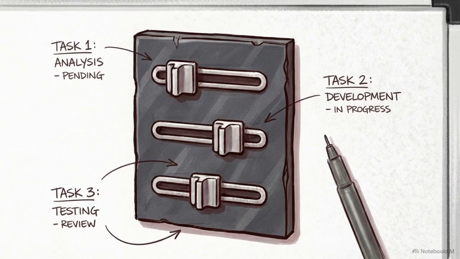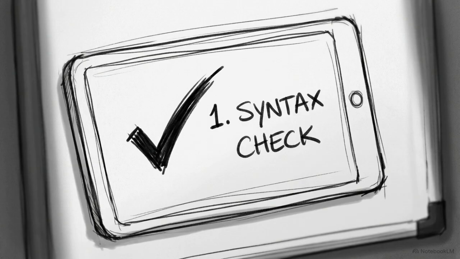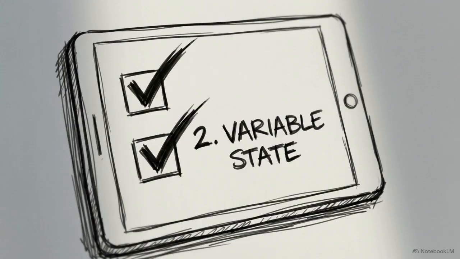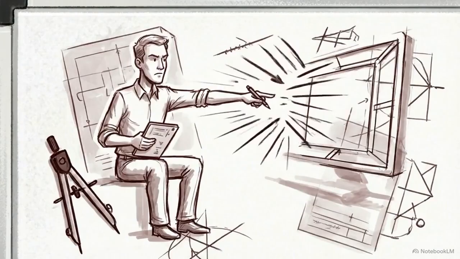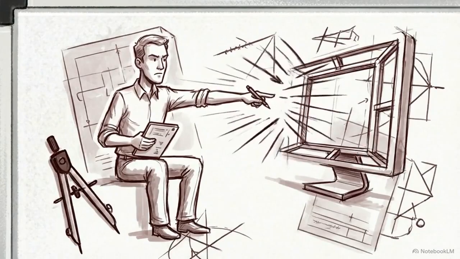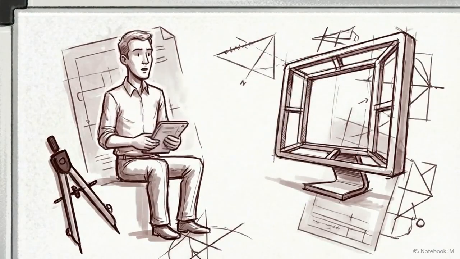Uncovering that flaw requires a systematic method. We use a three-part decoding checklist. First, does it compile? Second, track the state. Third, isolate the noise. Surviving the OCP exam requires abandoning your gut instinct and rigidly applying this mechanical checklist to